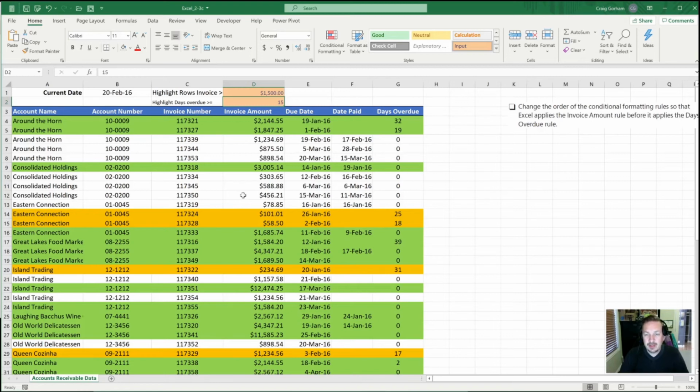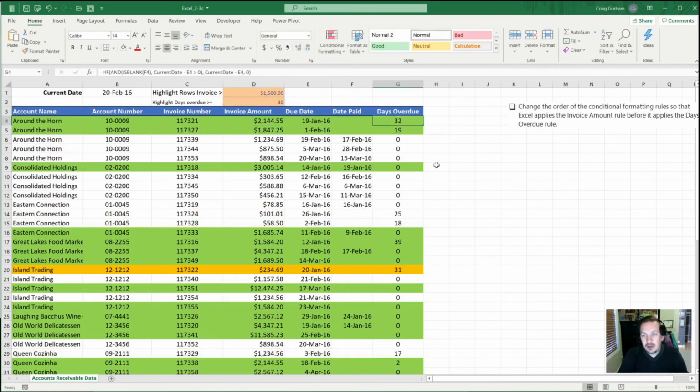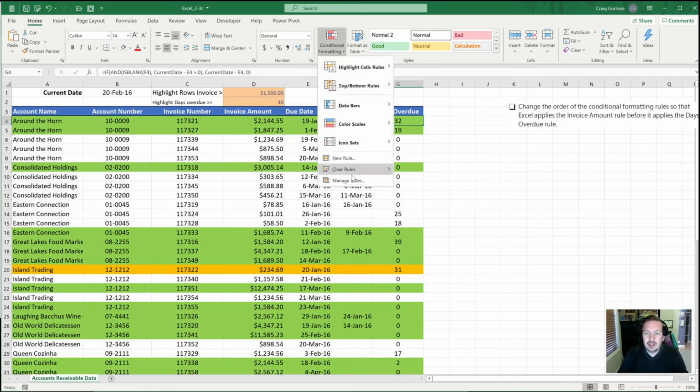The last thing I'm going to comment on is the fact that we've used two similar conditional formatting styles. So we're asking for a row highlight. So now, for example, in row 4, I have an invoice amount that is greater than 1500, but a days overdue that is, let's change that back to 30, that is also greater than 30. And that might be important for me or for whoever's viewing this to know. So why don't we change this conditional formatting,